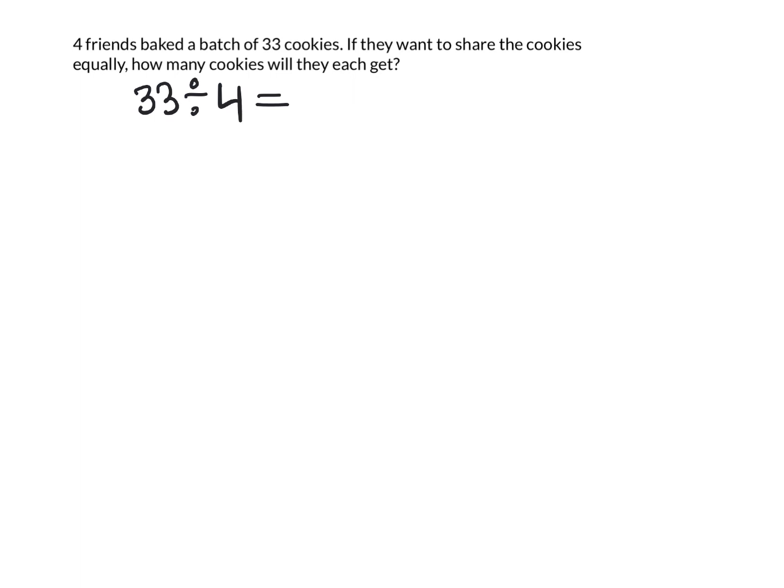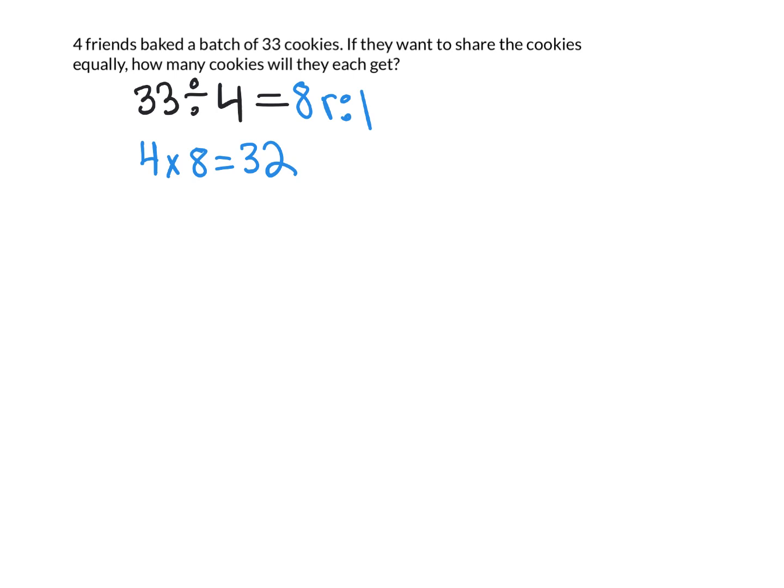So we think about a related multiplication fact. Since it's the same division equation, we can use the same multiplication fact. And our answer, mathematically, is still 8 with a remainder of 1. But now, what we do with that extra thing might change, okay? You could still say that each friend gets 8 cookies with 1 cookie left over, but